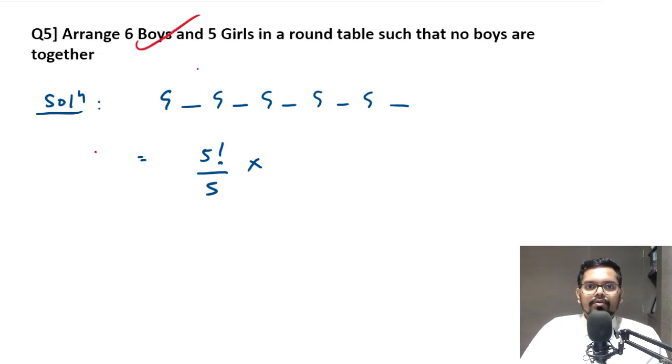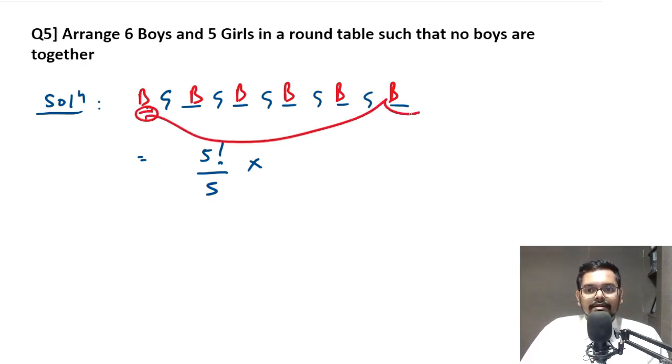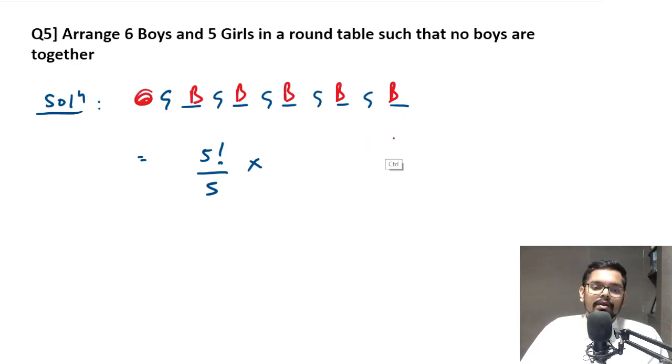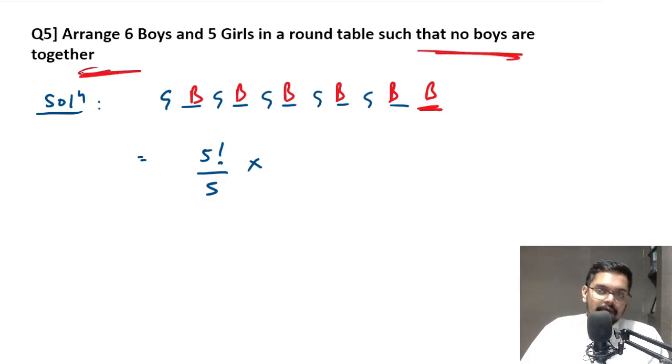You try it manually. Take one example. 6 boys you have to fit. So boy 1, boy 2, boy 3, boy 4, boy 5, and 1 boy is left. You will say, sir, 1 boy can come here. No, this dash is same, so no one can sit here because the player who is sitting here is actually this player only. Okay, then sir, that 1 boy is left. What to do for that boy? He will come here only, there is no choice. So no 2 boys together can never happen,